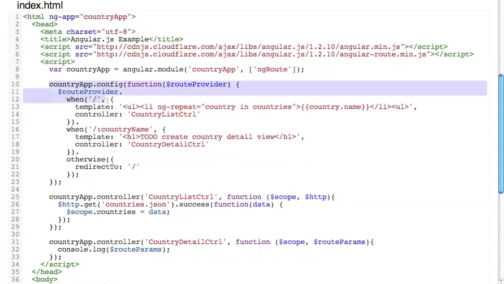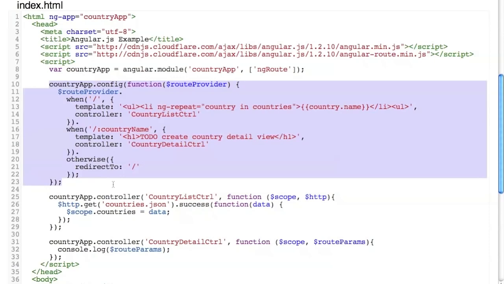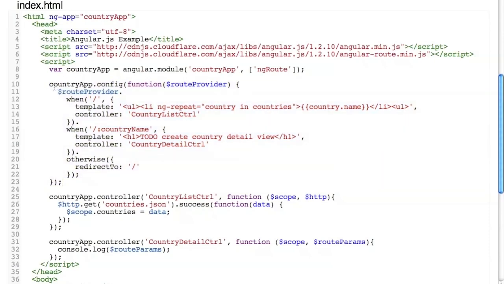So here is the API for routing in Angular. Country-app.config, which initializes the module. This gets called once. Function route provider. Again, this is using dependency injection by inference. It infers it based on the arguments of the function. So route provider,